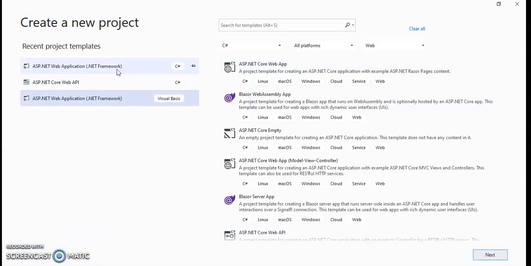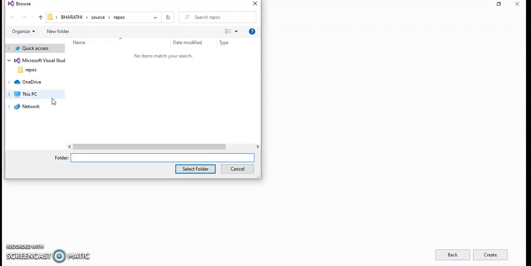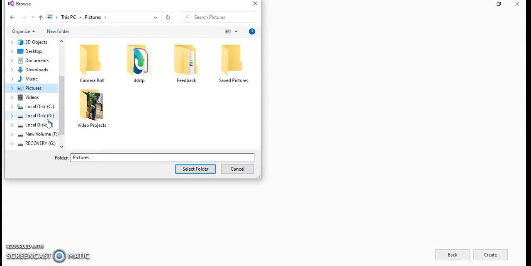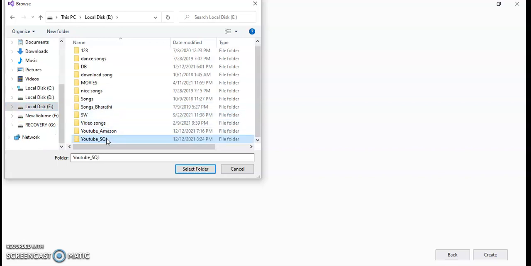ASP.NET Web, sorry. Let's create this web application. I'll create TestSSRS as a project solution. Let me create one.